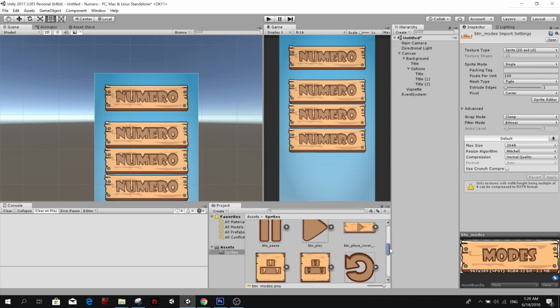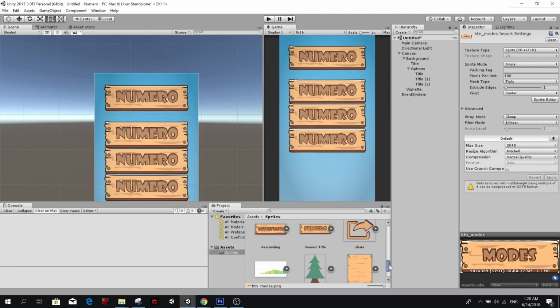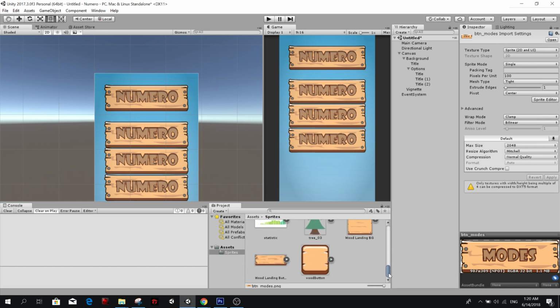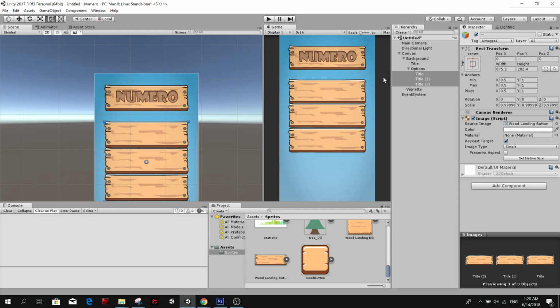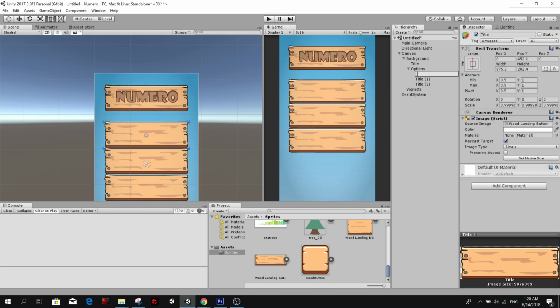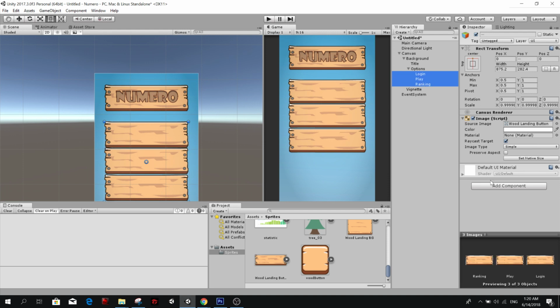We actually have this, which is empty, so that's nice. We could change it later. So first is login. So next is play, and third you'll see your ranking, right?